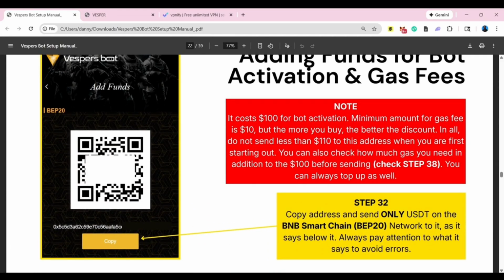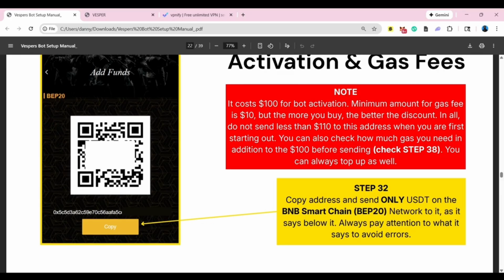This is a BEP20 network. Remember, you are not using the Ethereum network. You are using the BSC network, Binance Smart Chain, or BEP20 network. It's the same thing. Remember, the activation costs $100, and the minimum amount of gas fee you can buy on